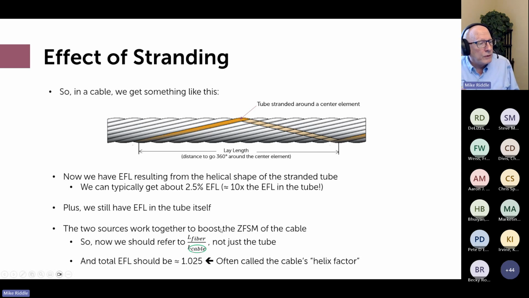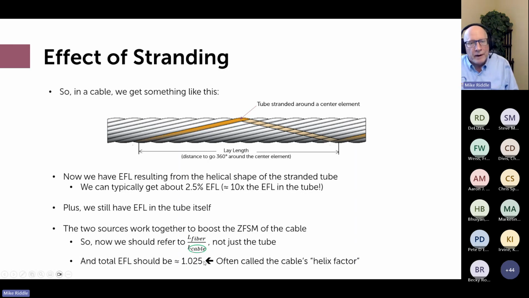And so at this point, we could really start talking about the length of the fiber relative to the length of the cable, not just the tube. So the total EFL in our cable would be about 1.025. And this is often referred to as the helix factor of a cable. Now, if you're sharp, and I know you are, you're probably thinking to yourself, hey, wait a minute, 1.025 is just the factor from the stranding of the tube. What about that